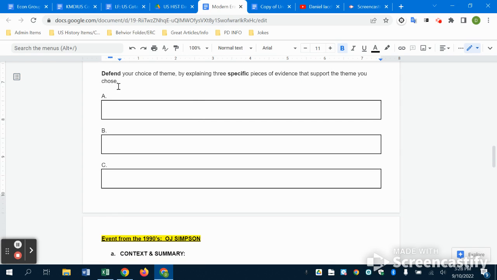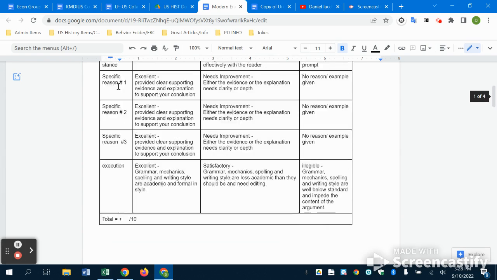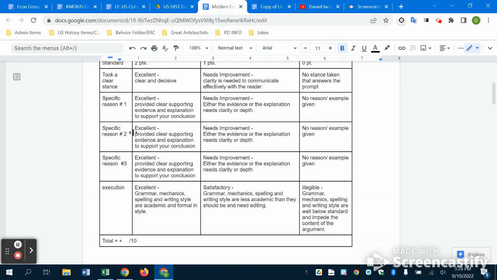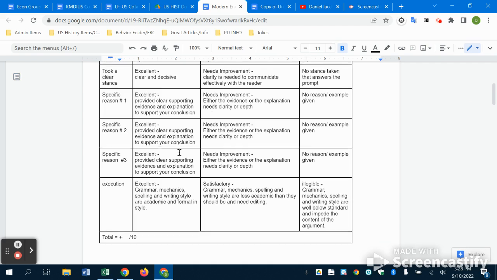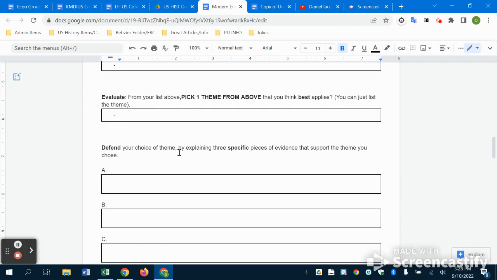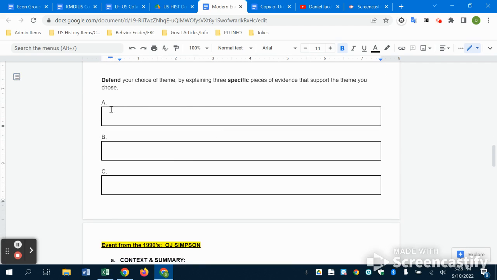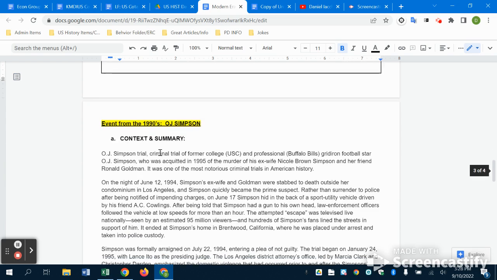Now we are in the defend part. This is where you should provide clear supporting evidence and explanation to support your conclusion. So basically, why does it support your conclusion? You will write that in here, 3 different ones from the research you just did. Okay, that is item 1. Item 2,